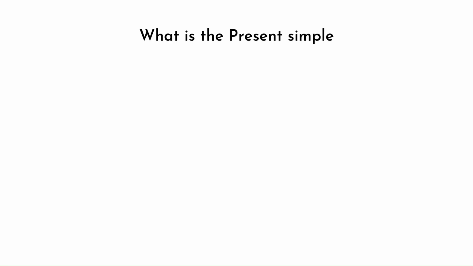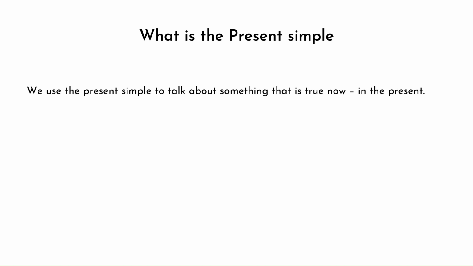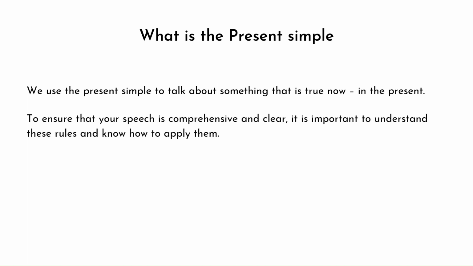So what is the present simple? In simple words, we use the present simple to talk about something that is true now, in the present. The present simple is used to discuss actions that are currently taking place. There are specific grammar rules for this tense, which is frequently employed in English. To ensure that your speech is comprehensive and clear, it is important to understand these rules and know how to